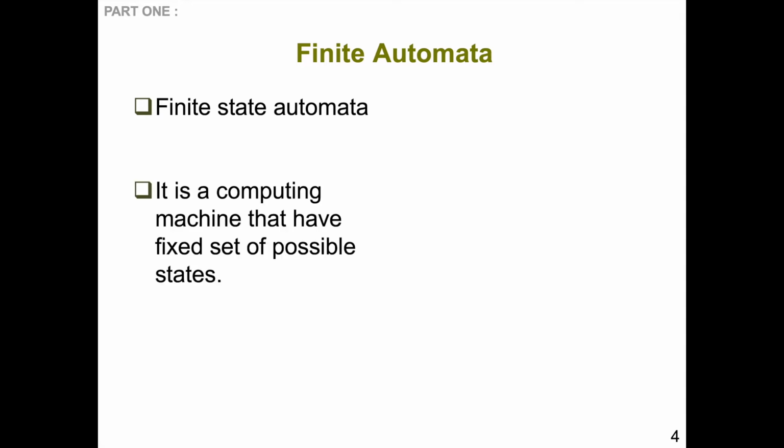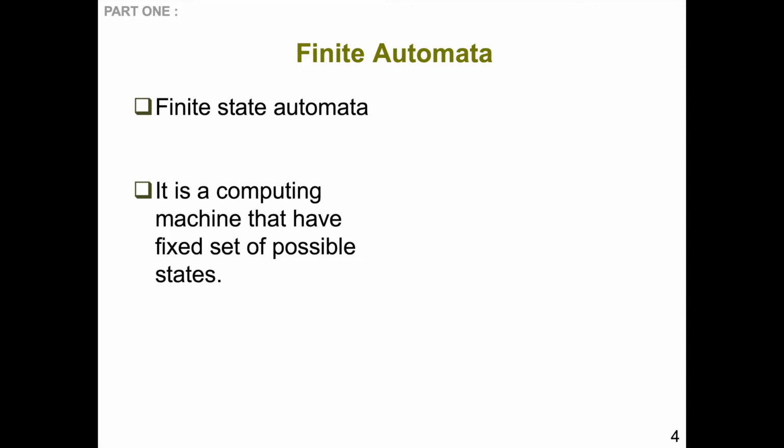A finite automata, also known as a finite state automata, consists of three main words. So let us explore word by word. Finite means something with a limited number. State is a condition in a particular time. Automata is a machine that functions on its own, following some instructions and rules. Now, combining those words together gives me a definition: it is a computing machine that has a fixed set